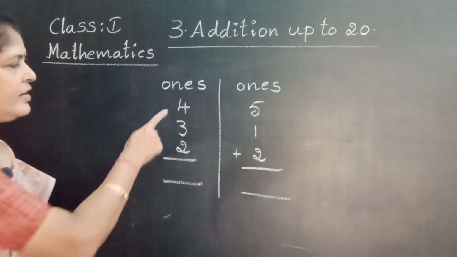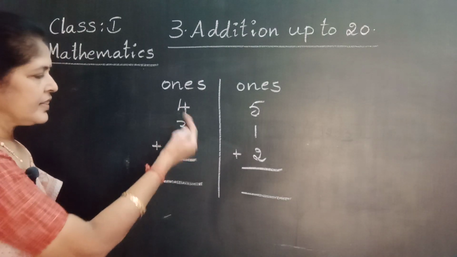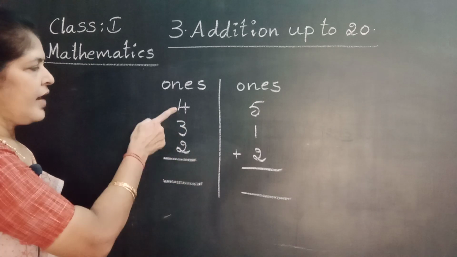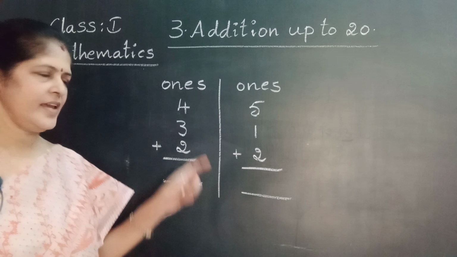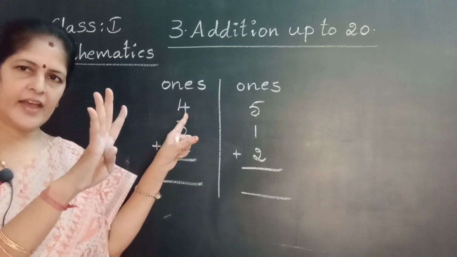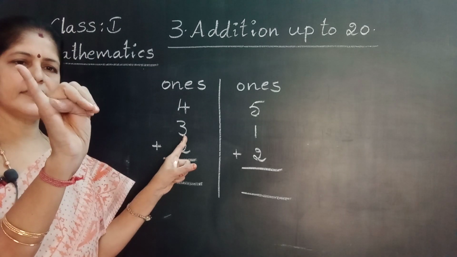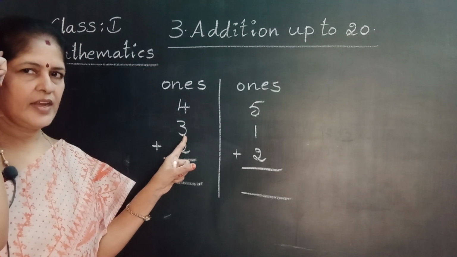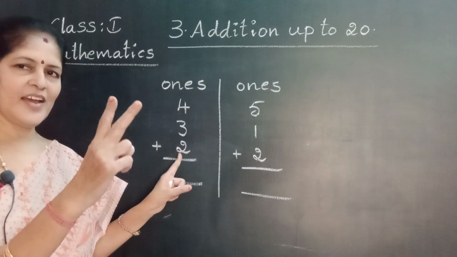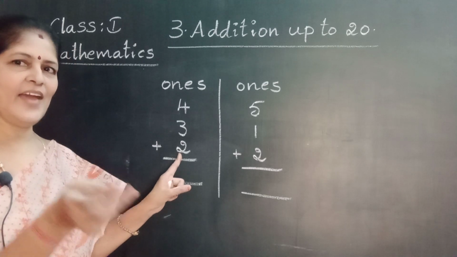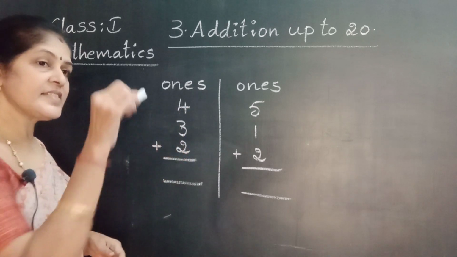Ready, my dear children? Start from here. First add these 2 numbers. Then go to the third number. Adding the first number and second number. Ready? Very easy. Come on. Take 4 fingers, 3 after, 4, 5, 6, 7. 7 in the mind. Take 2 fingers, 7 after, 8, 9. Here we add the third number to the sum.